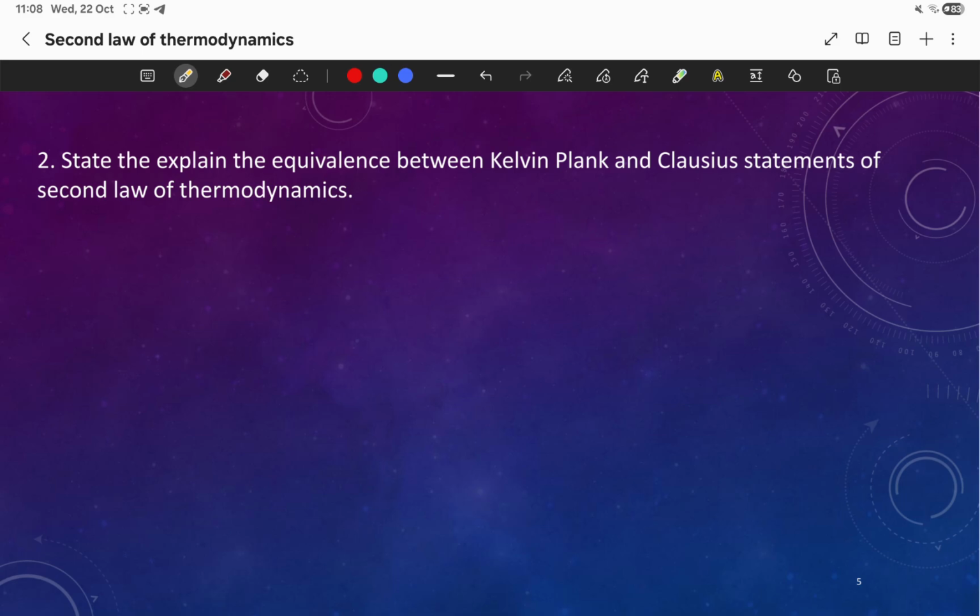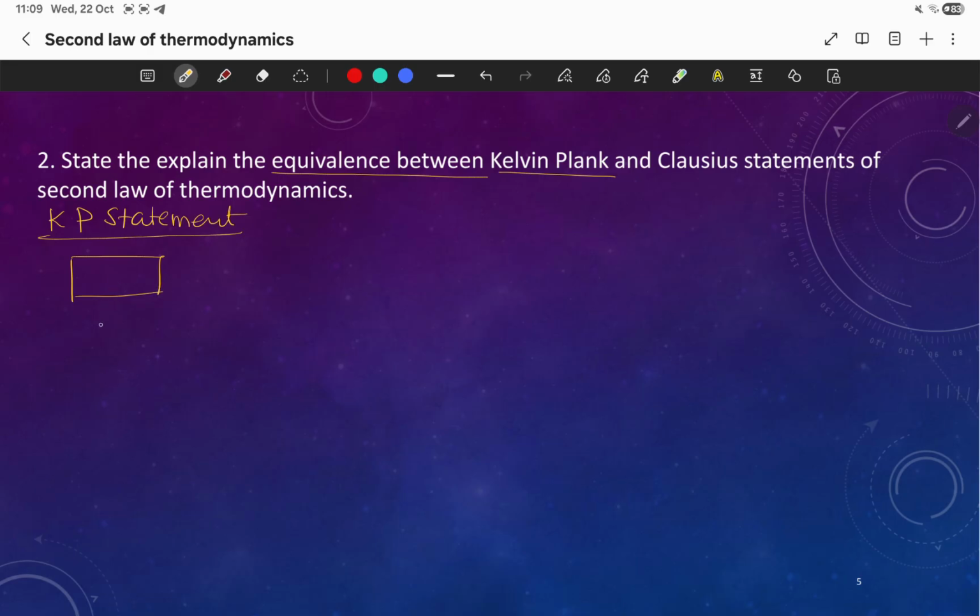So let's try to understand this. Okay, fine. So here first I am explaining what is the Kelvin Planck statement. State and explain equivalence between Kelvin Planck and Clausius statement of second law of thermodynamics. So first let's understand what is the Kelvin Planck statement. This statement is only valid for a cycle. So what it says,